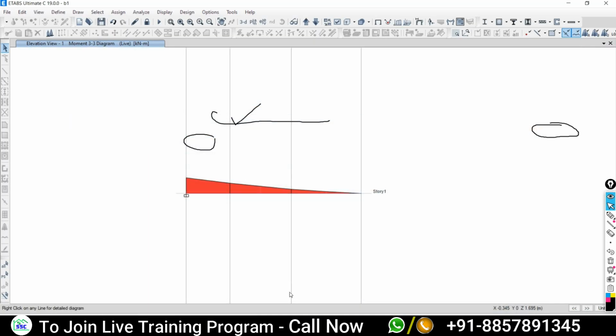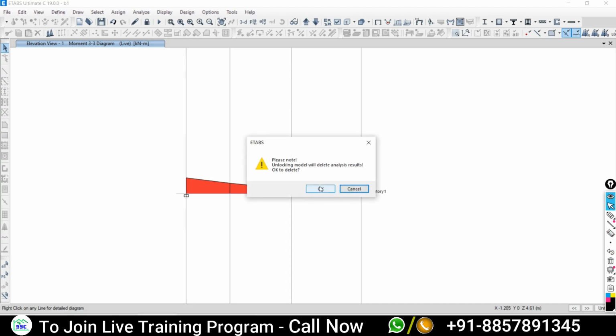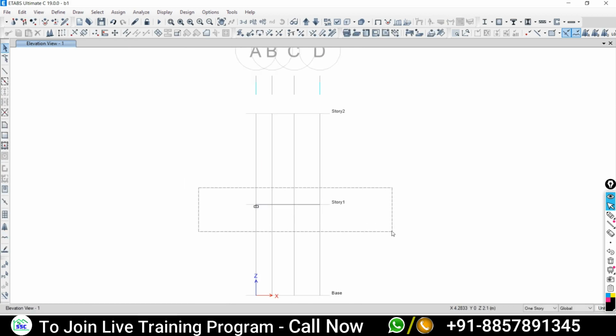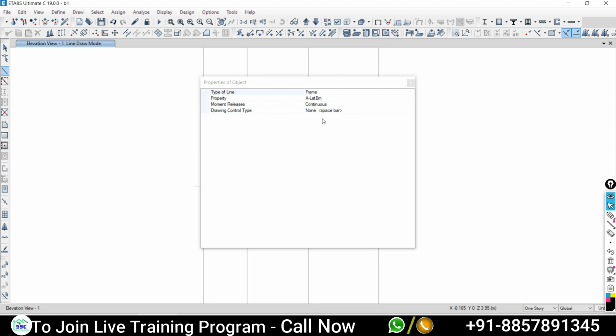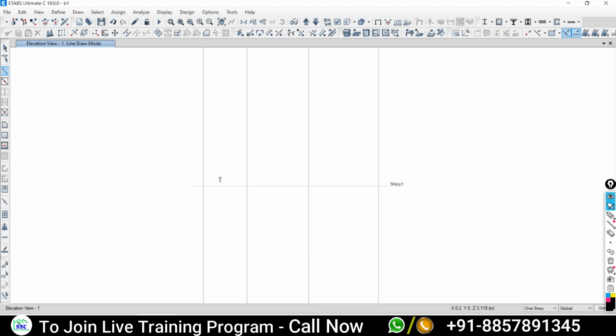No, sir. Okay, so another option is this. After having these two, just unlock this, close this, select all of it and delete it. Instead of modeling in parts, what am I going to do? Select the frame. Close this. This is the first point. I am going to move to the next point directly. So what problem do I need to face? Joint load and point load. So we will see what solution is there. So select this joint from left to right.